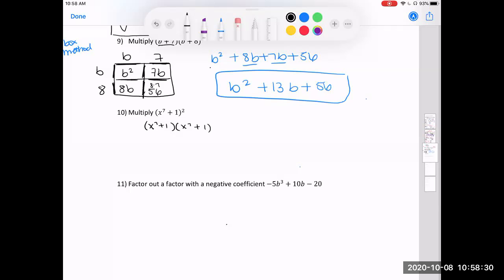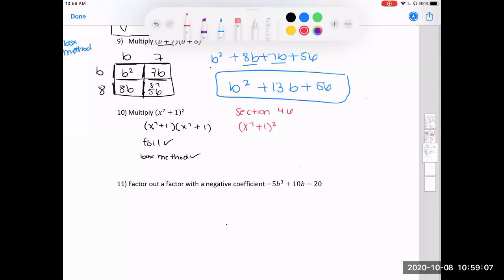You can FOIL. You can use the box method. You can do all of those. But you can also use a special product. And I believe that's section 4.6, I believe. So if you do any of those, that's fine. But according to our section 4.6, it says that if I have a square of a binomial,